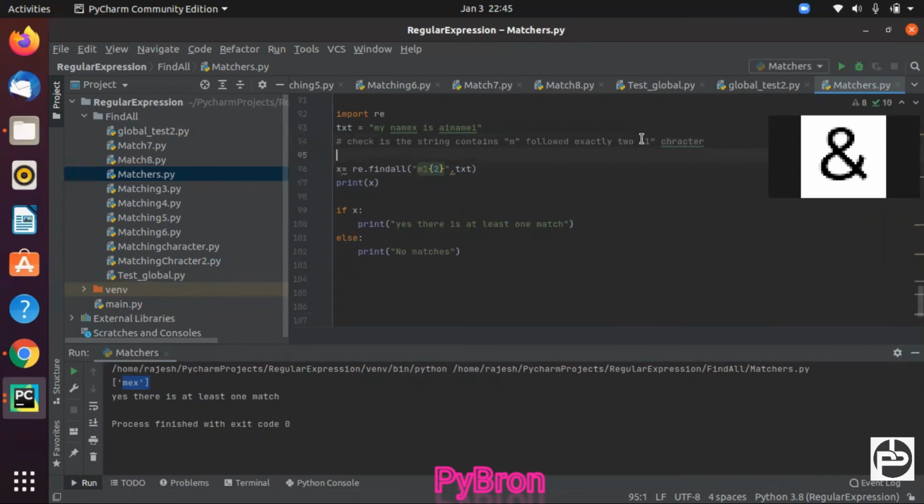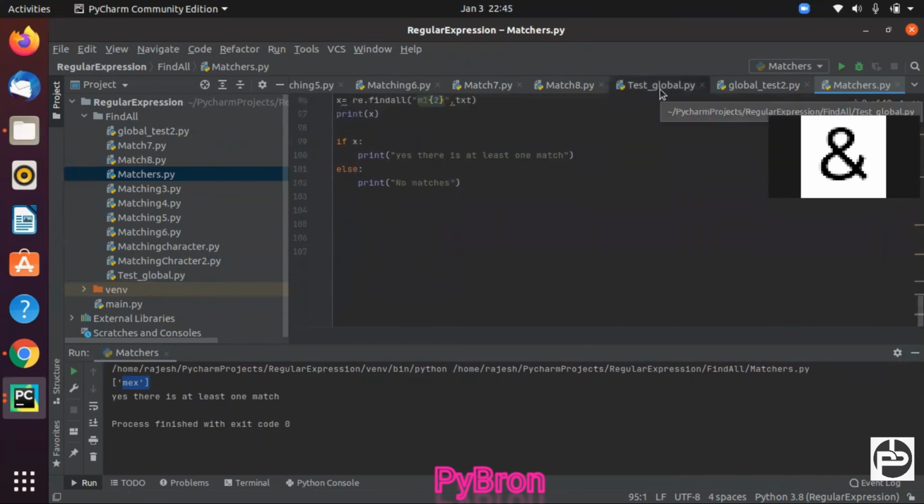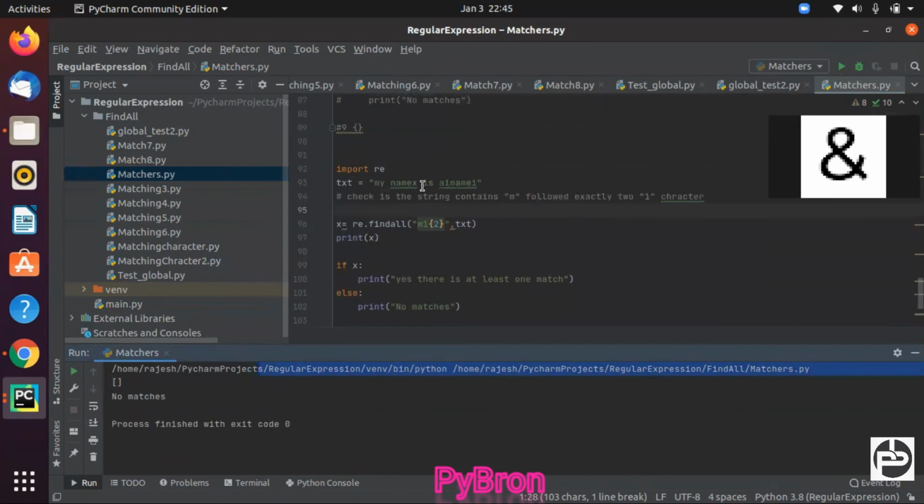Let me execute this code and let's see what happens. Yes, there is no matching, meaning there is no me followed by the character two times in this case. After m there is no such word.